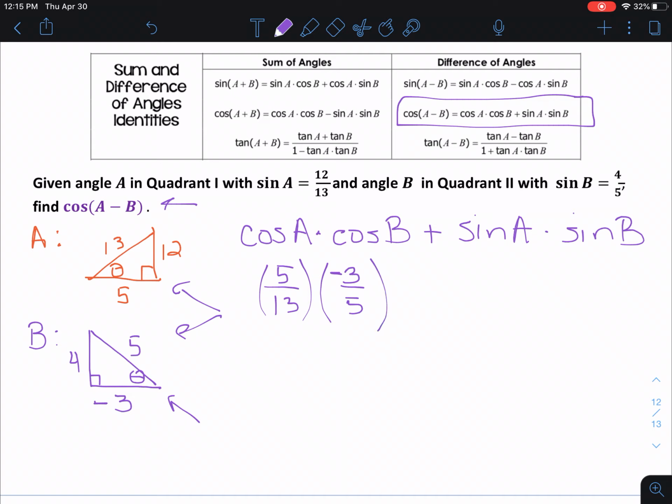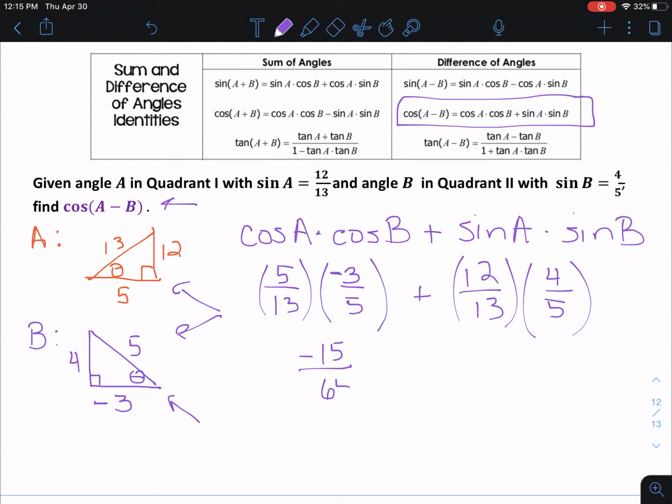Okay, so we've got that now. And then now I want to come over here and do sine of A. So sine of A we know. That was given to us. You can confirm it on your triangle if you have to. And then sine of B we're also given. Okay, so you're going to multiply these two. You get negative